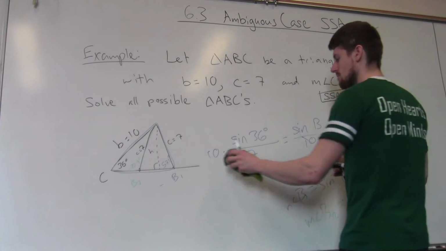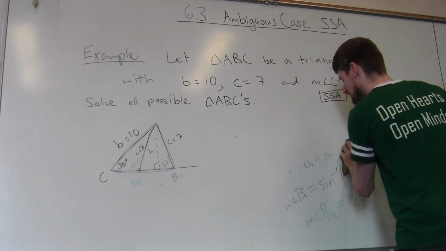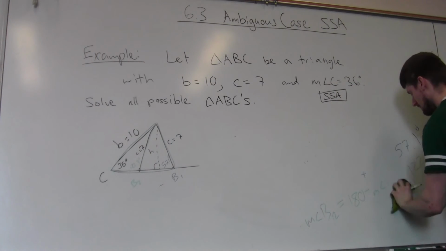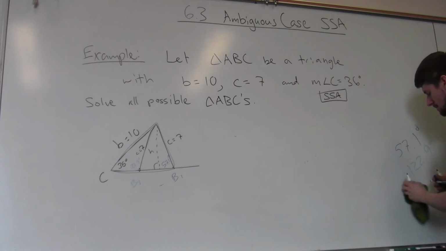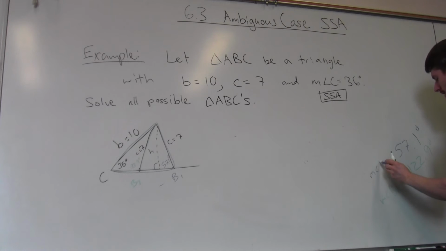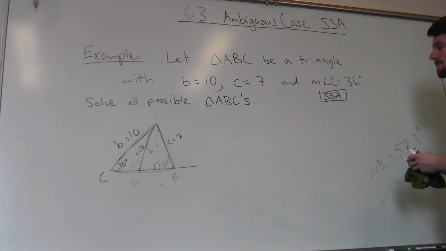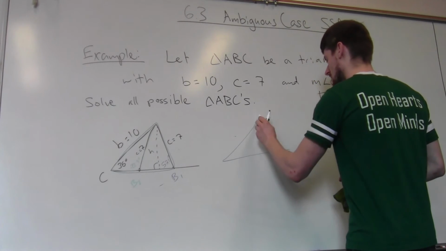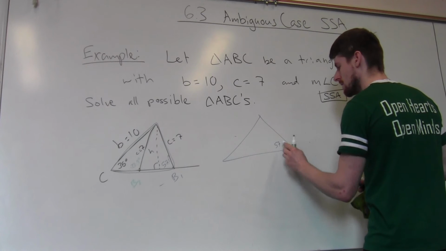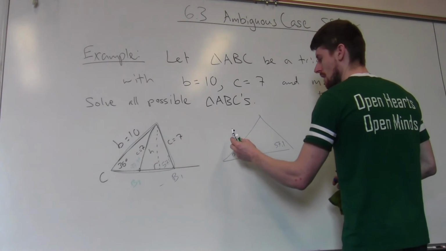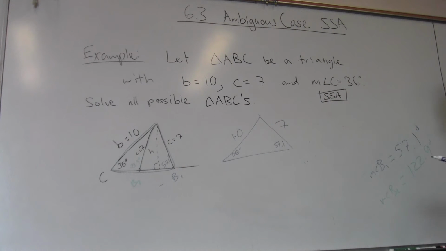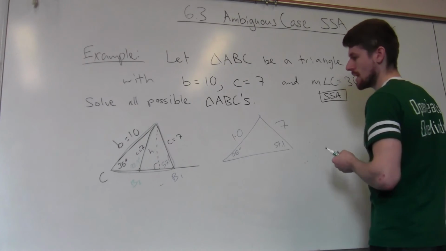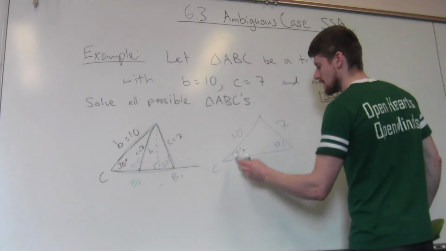Okay, so let's draw the blue one a little bit bigger over to the side. This one is the measure of angle B1. So from here we have 57.1. This one is 36 degrees. This is 10. This is 7. So it's not too hard to solve the triangle from here. We note that these two plus angle A in this case, this is C, this is A, this is B,